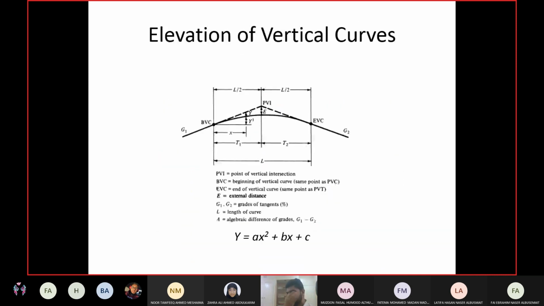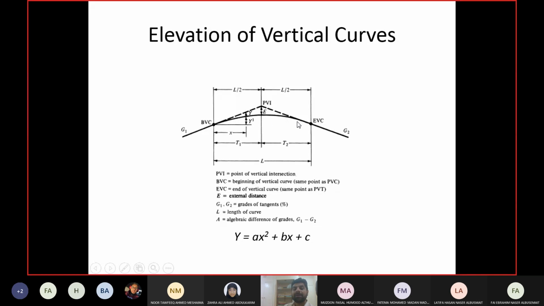Now, this was about finding out the length of the curve. Length is enough for the design, but when you are laying out the curve, when you are constructing the curve in the field, you have to give the contractor the elevations and the distances of the points on the curve as well. You cannot say, the curve starts from here, ends here, and the length of the curve is this much, now construct it. He cannot construct it. Nobody can construct it. Even on a graph paper, you cannot do it. So you need to find out the elevations of the points on the curve.